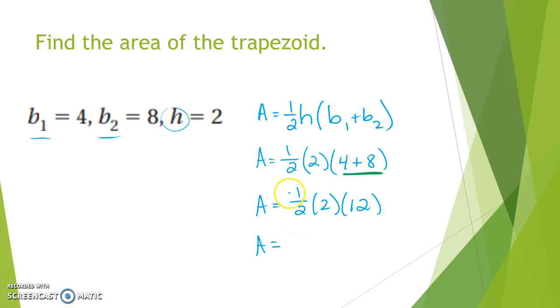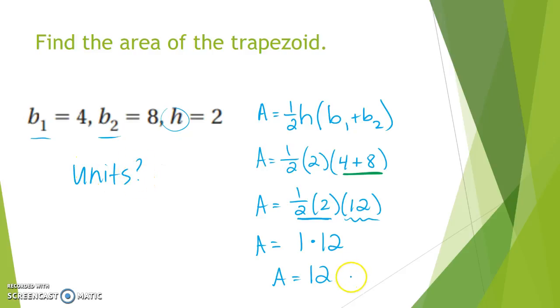And then from here we have a couple choices. Since the number that our 1/2 is next to is also even, I'm actually going to do that. So 1/2 of 2, half of 2 is 1, and then I'm going to multiply that by the number I've left over, which is 12. So the area here should be 12. And area is always squared, but we're not given any units. So since we don't have units, we're going to label it with units. And area is squared, so our answer here is 12 units squared. So here we have 5 lines of work. That's pretty common. Make sure that you practice writing that formula so you remember it tomorrow,